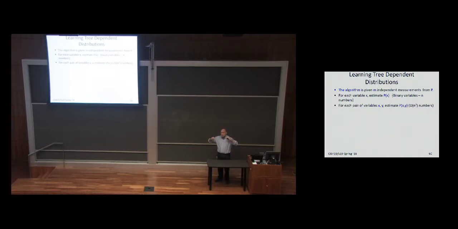times v. Okay, let's say everything is Boolean here. So something like 2n, right? Maybe 2n plus 2. Linear in n. Okay, that's the important thing here. Whether it's Boolean or has k values, it's going to be linear in n, right? Because basically you need the prior, and then P of xi given y for each i. So n variables, linear in n numbers. What happens here? Quadratic. Because I have to look at all pairs in order to decide, do I put an edge there or not? I didn't have to make this decision for the naive Bayes.